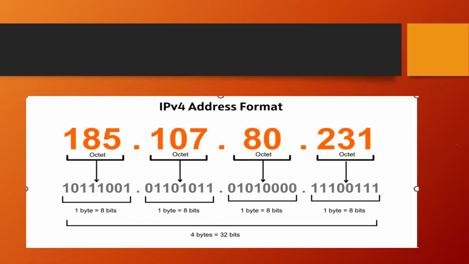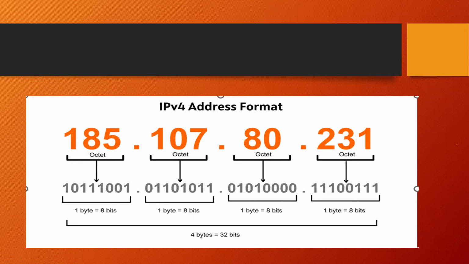If you look at the IPv4 address, it is a 32-bit address. It has four parts, and each part is one byte, which is 8 bits. For example, 185 is an octet. This octet has to be converted into binary form,